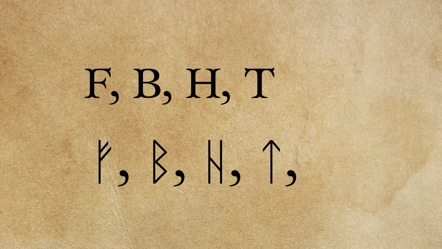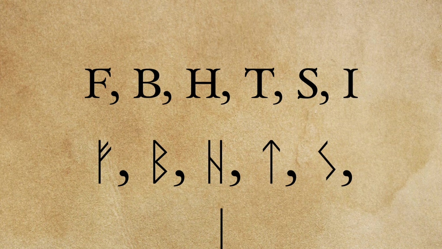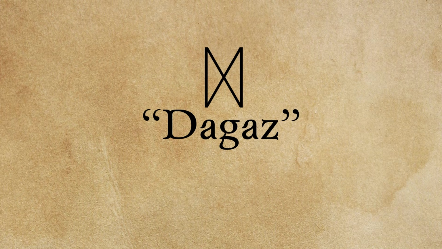The obvious similarities of the Latin script with the early runes also point to a Latin influence, particularly when it comes to the signs corresponding to the consonants F, B, H, T, and S, represented in English by the corresponding Latin letters, as well as similarities to the vowel E, in English most often represented by the letter E, although sometimes also by the letter I. On the other hand, the forms of other runes cannot be explained by a Latin origin, such as the Dagaz rune representing the consonant D.